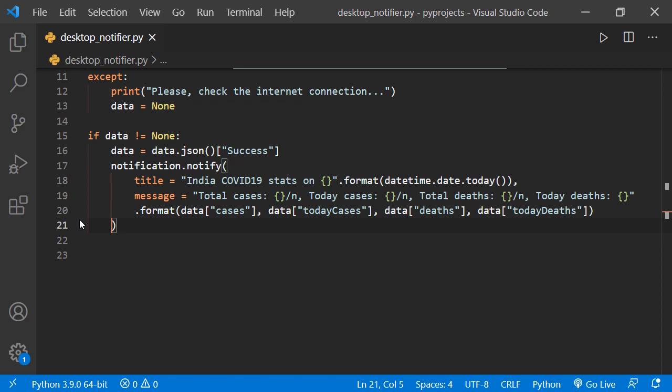of those keys. And then in this notification we also have one more parameter that is important, that is timeout. It is for how much time the notification should be displayed, and this is in seconds. Here I'm entering 10, so the notification should be displayed for 10 seconds.